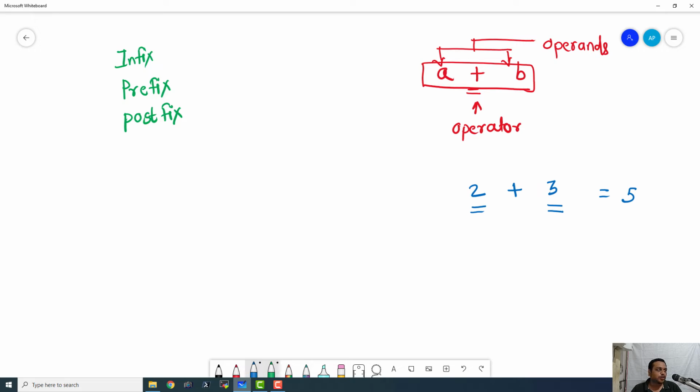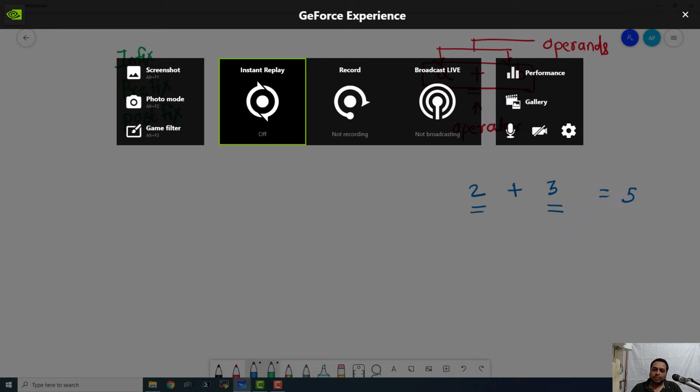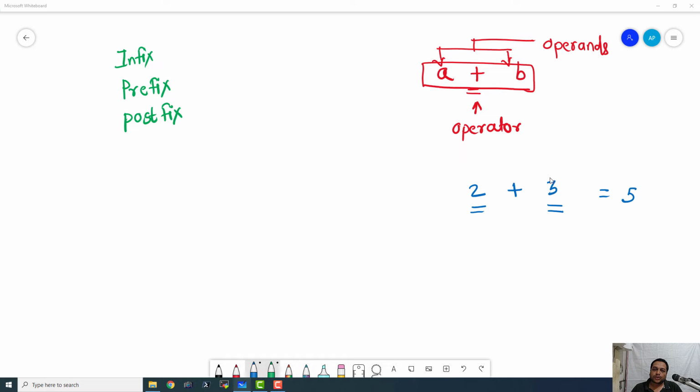Now if you are into mathematics, programming, and any sort of sciences, then many times we use symbols in place of numbers. Those symbols are known as operands or variables. And suppose we substitute 2 by x and 3 with y, then this entire thing becomes an expression with variables. Now these operands are variables here.